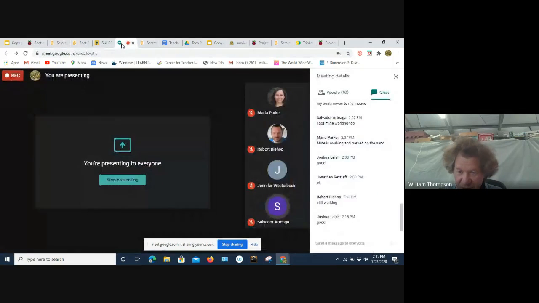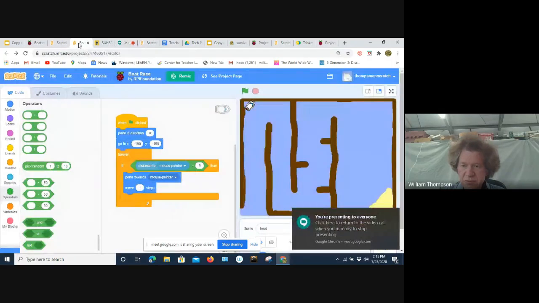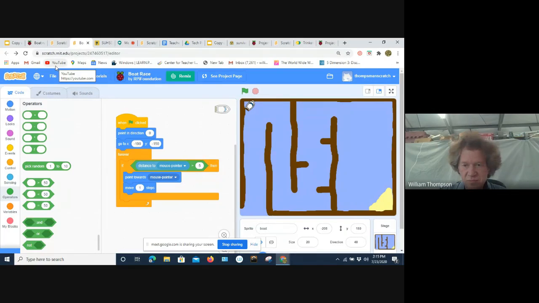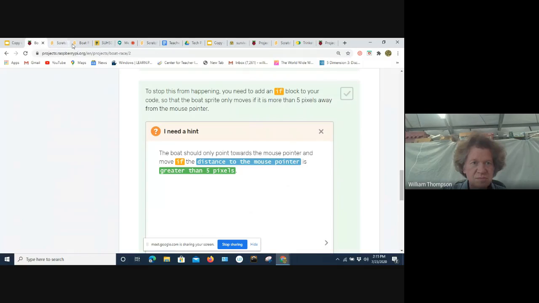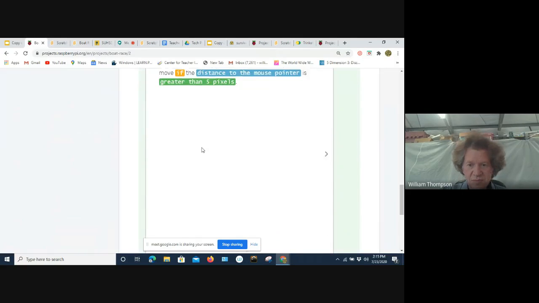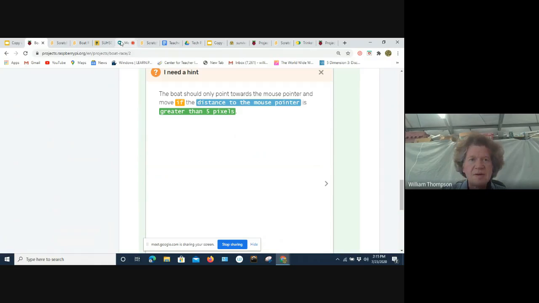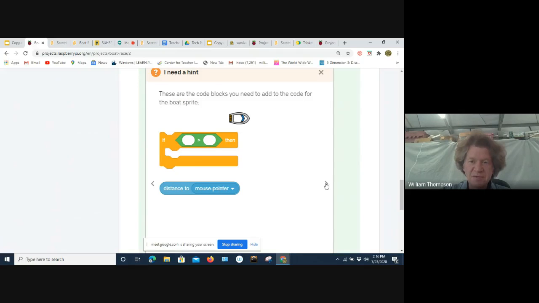I keep going back to see if there's any new messages in the chat. And then I'll also mention on the need a hint page, if you click on the little arrow after they gave you the hint, they give you a more explicit hint.